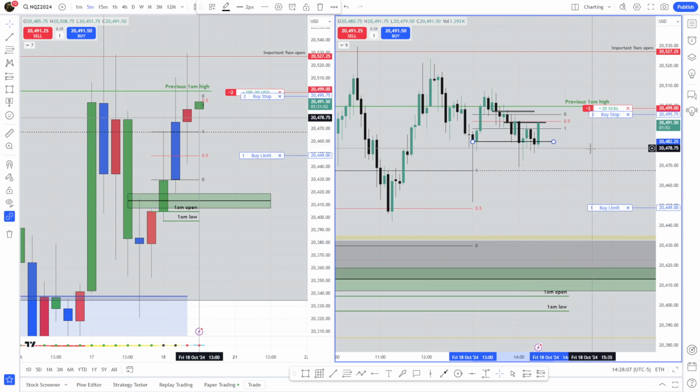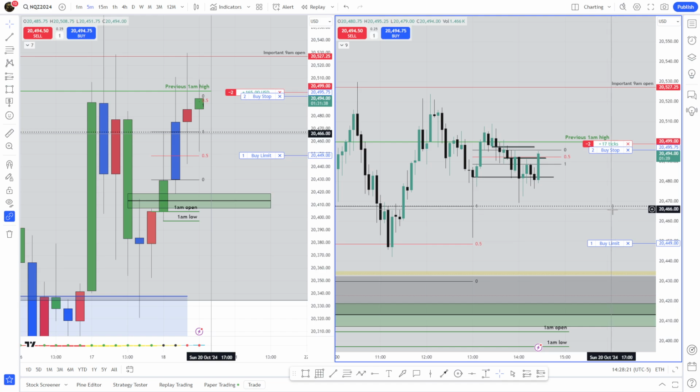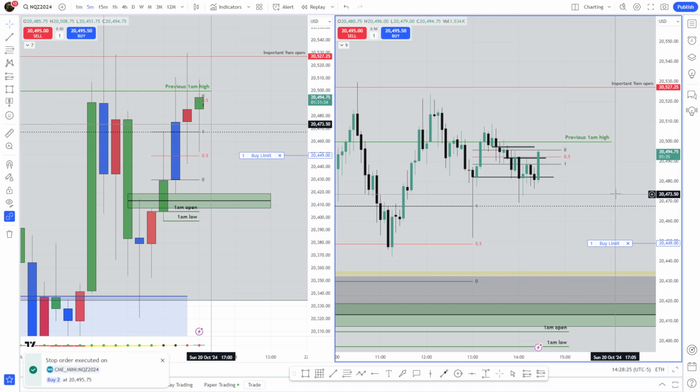Well, if we start ramping up and closing above this candle, that to me is going to negate this short, and that's why I have my buy stop set there in profit right now. Okay, so now that that's said and done,